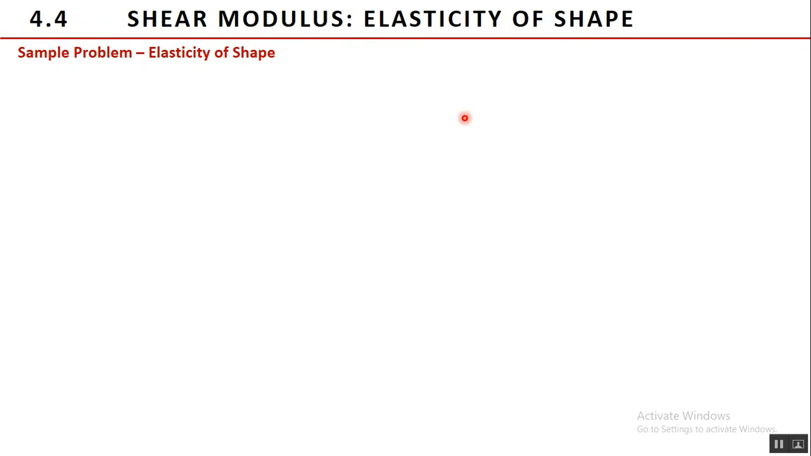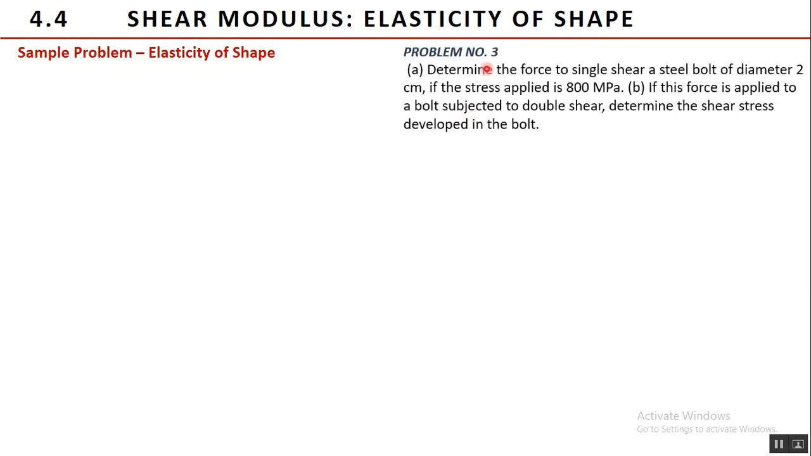Let us give one more problem about shear stress. Problem number 3. Letter A. Determine the force to single shear a steel bolt of diameter 2 cm, if the stress applied is 800 megapascals. Letter B. If this force is applied to a bolt subjected to double shear, determine the shear stress developed in